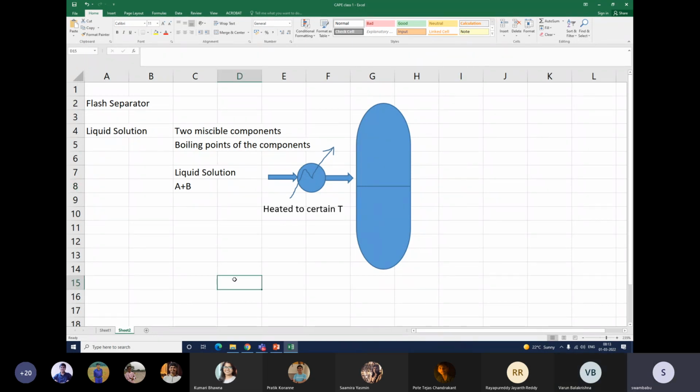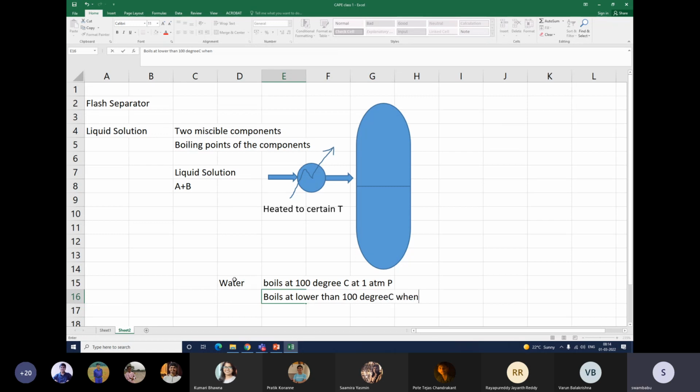Suppose we take water. Water boils at 100 degrees centigrade at 1 atmosphere pressure. The same water boils lower than 100 degrees centigrade